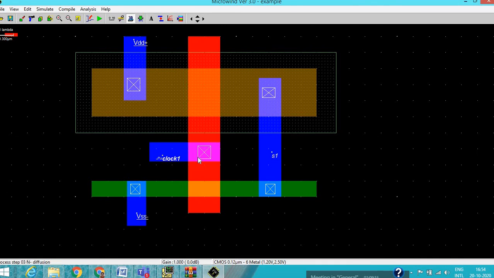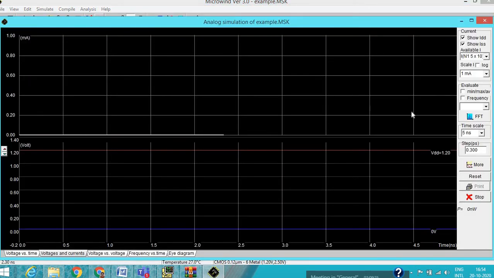Ground, VDD, output, clock. Let me save this design first. VDD is 1.2 volt.